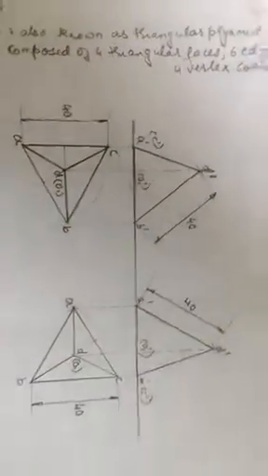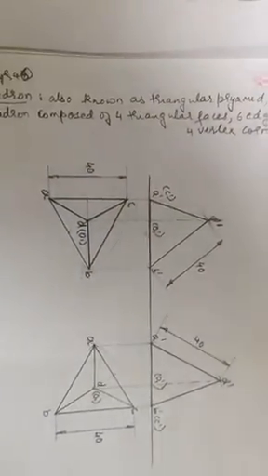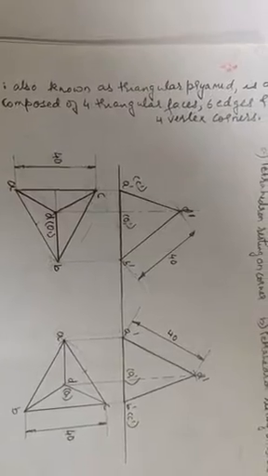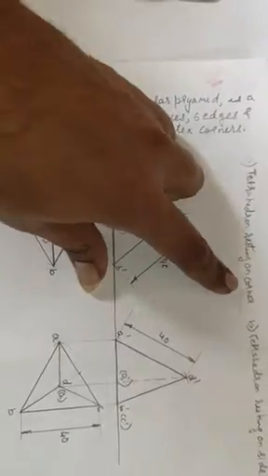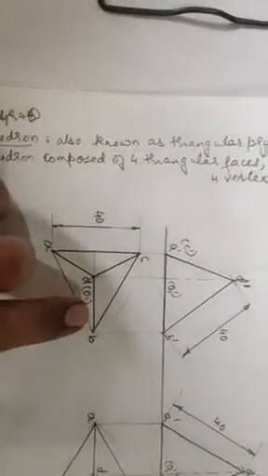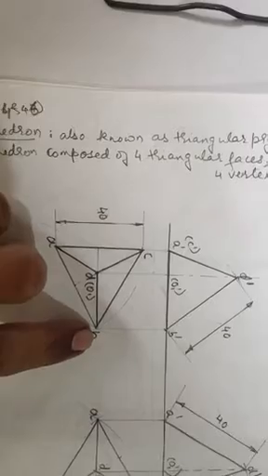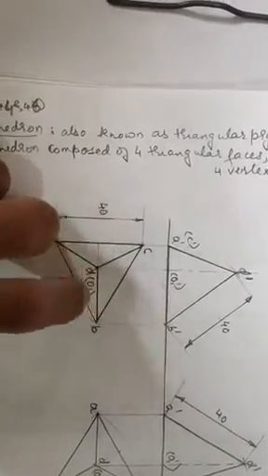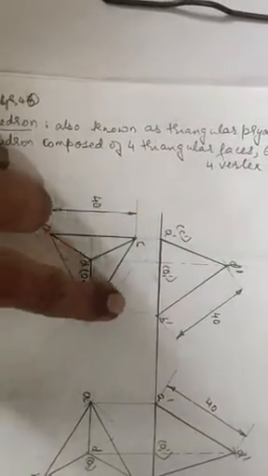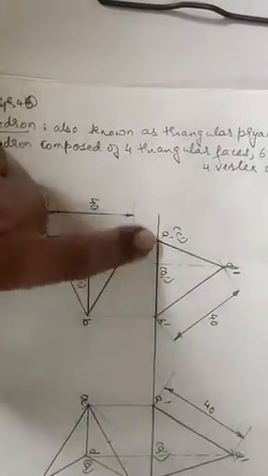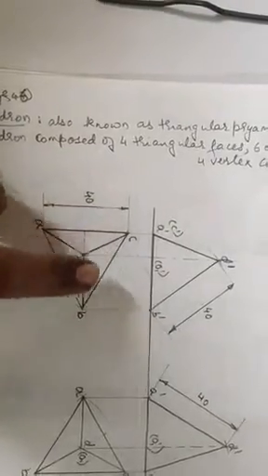Now how to draw a tetrahedron? The concept is very simple. If you understand this, it won't be a problem. Just see here, a tetrahedron resting on a corner. In this case, I want the corner to come towards my right side. These are 1, 2, 3 triangles and the base triangle itself is the 4th triangle. Only the base triangle is in true shape. The rest of the triangles are at a particular angle.